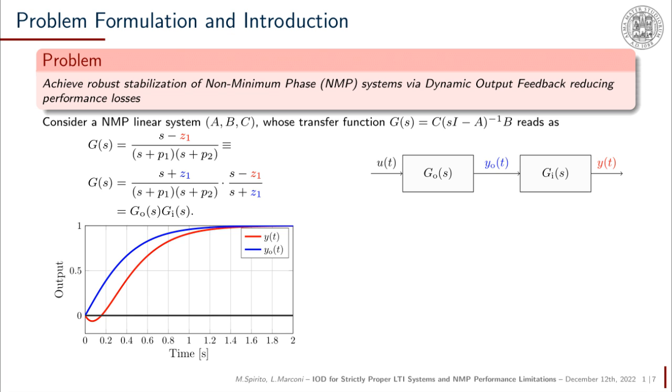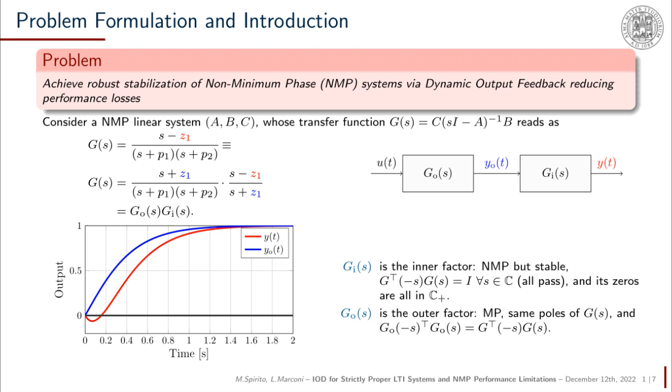The performance loss we deal with in this work is the gap between these two step responses. And in order to deal with this, we introduce the concept of inner-outer decomposition,